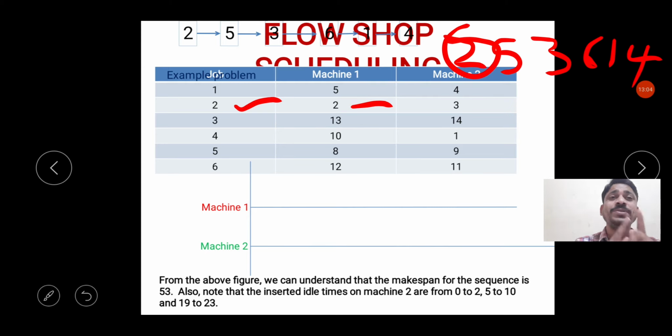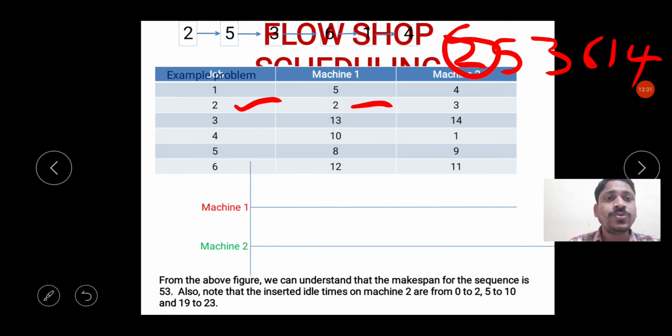For each job in the flow shop, the routing of operations is the same. That is the basic characteristic of a flow shop, right? In job shop scheduling, the routing of operations for each job will be different, but in the flow shop it is the same, so no problem. Every job is first to be processed on machine 1, and then it will go to machine 2. So easily we can do this, okay?